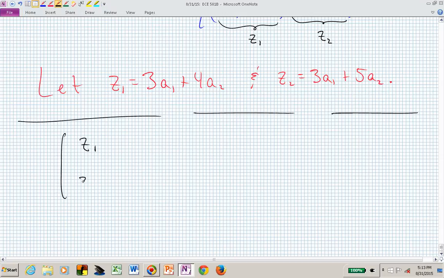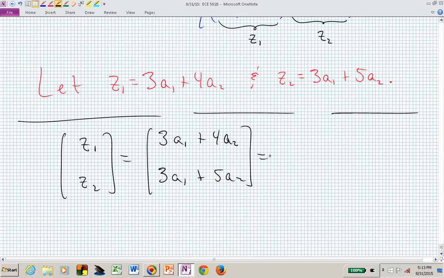So that z1 and z2, which is any arbitrary point in the plane, I can write equivalently as 3a1 plus 4a2 and 3a1 plus 5a2 for the two coordinates, or that's